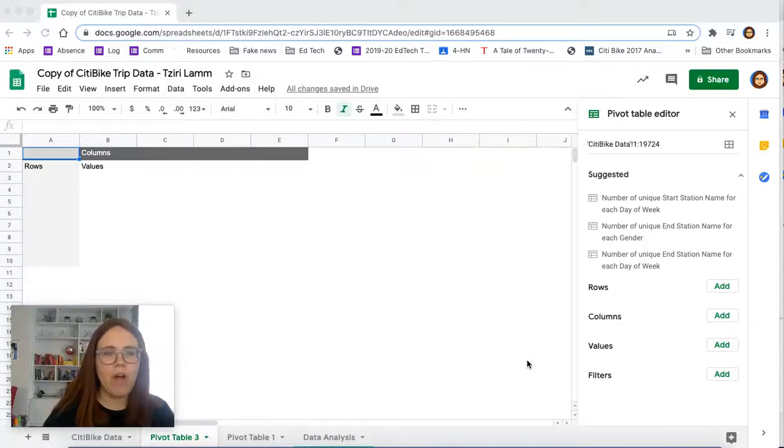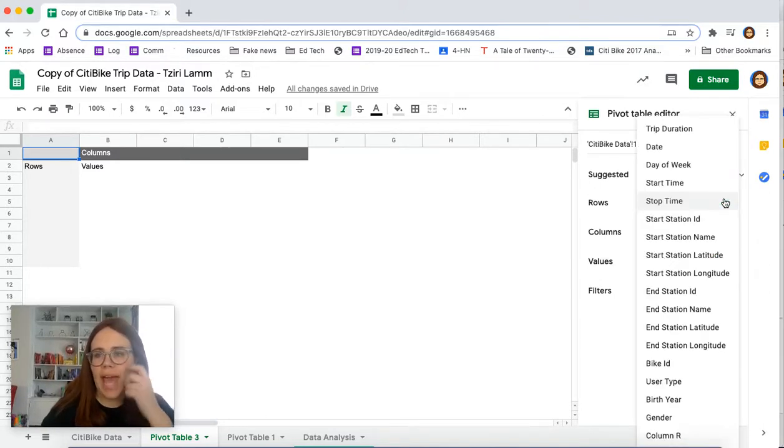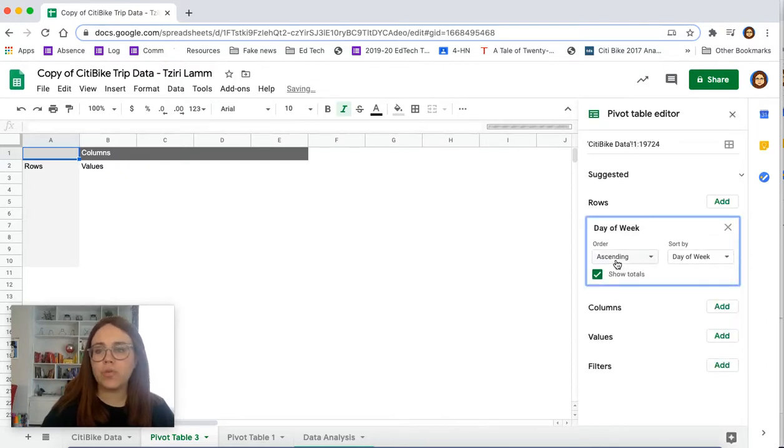Okay, so we have our pivot table set up here, and now we are ready to start populating it. What we need right here is for our rows to be the days of the week. So the first thing I'm going to do is go to rows and click add. What pops up here is all of my column names. That's great. So now I go to day of the week